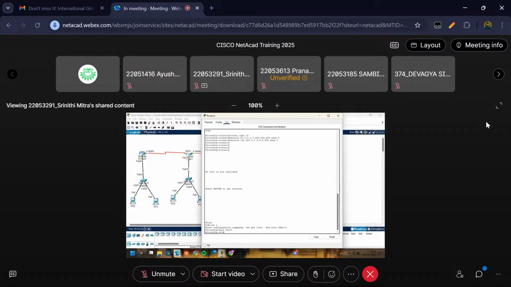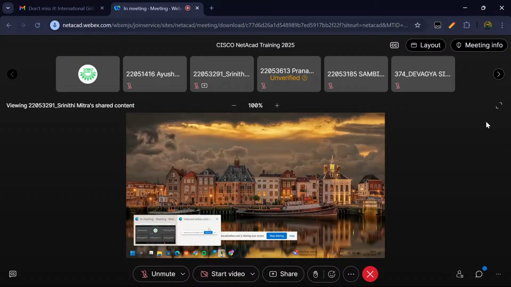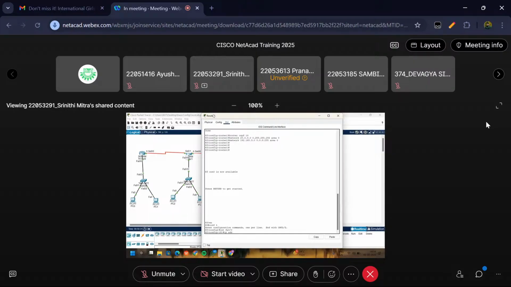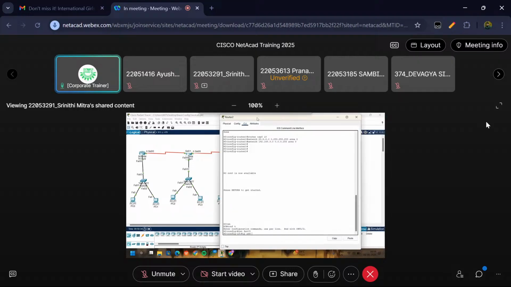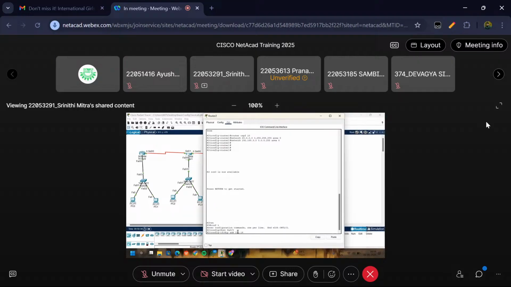ओके, 0/0 IP एड्रेस 192 लिखो, 192.168.3.1, सबनेट मास्क 255, yes, done. Now just go to the PC, ये हो गया, इसको क्लोज कर दो,